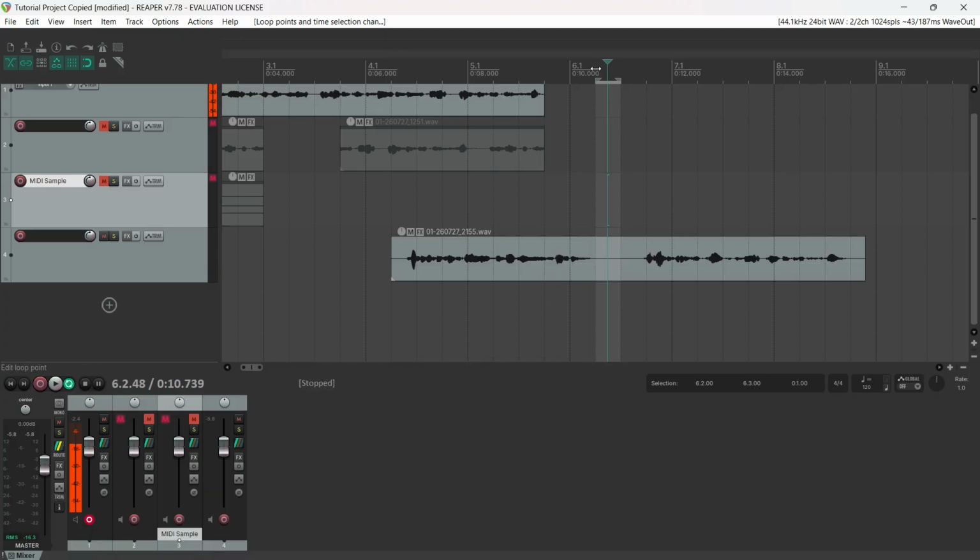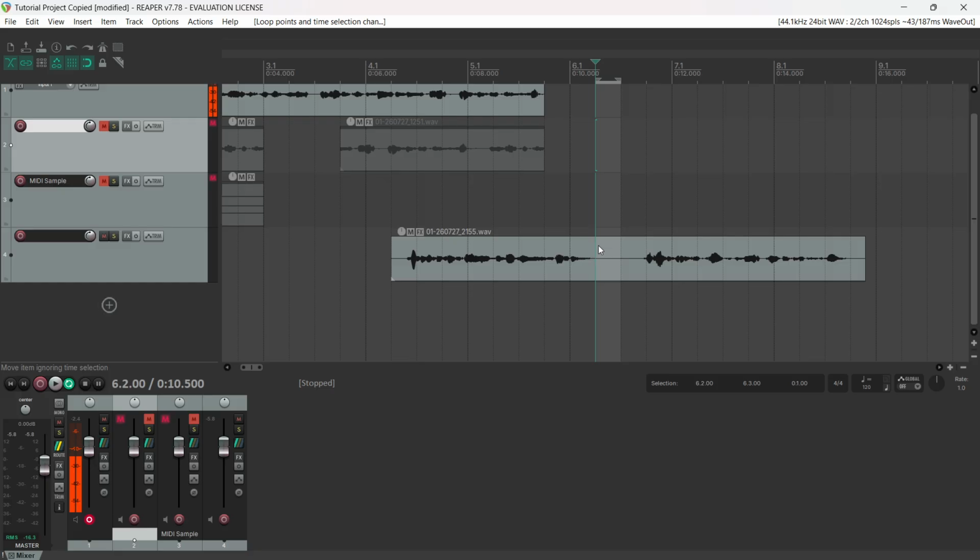I'm going to restart it. I'm going to go with the playhead over here. And that's how you should be. When you've done this, when you've actually selected a piece of audio where you can only hear the noise